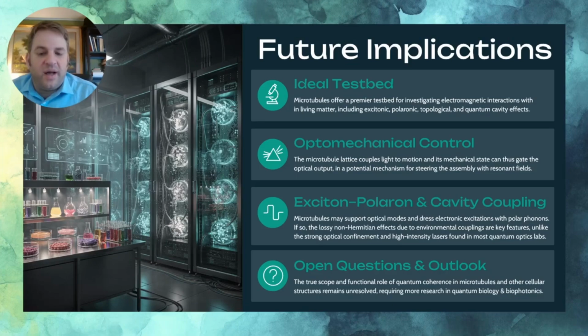Unlike the strong optical confinement we see in optical cavities of a quantum optics lab, where high-intensity lasers and high-quality cavities are needed, in biological systems, we might circumvent the need for traditional quantum optics confinement by invoking lossy non-Hermitian effects instead. And so there are a lot of open questions, and I think the outlook is very